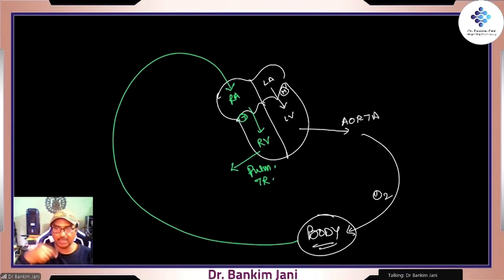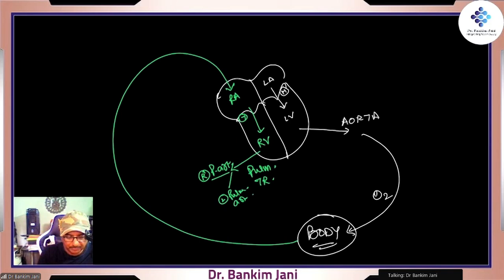Anything which is going out of the heart is called an artery. So that's why this is also the pulmonary artery. It is two, right pulmonary artery and the left pulmonary artery. Right will go to the right lung and left will go to the left lung. Because they both are very near to the heart, this entire circuit is very small, so that's why this is a low pressure circuit.